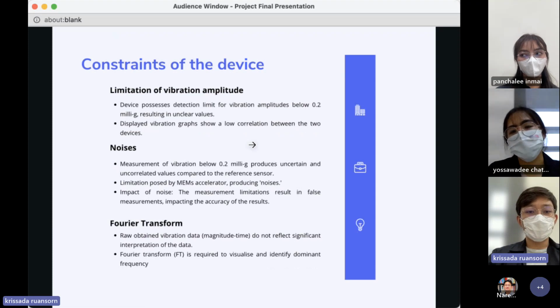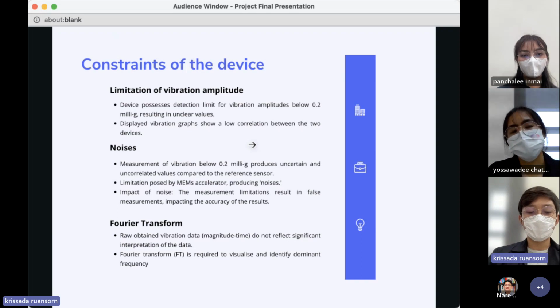And for the constraints of the device, first is the limitation of vibration amplitude. The device possesses a detection limit for vibration amplitudes below 0.2 milli-g due to noises, which results in unclear values. Also, the displayed vibration graph shows a low correlation between the